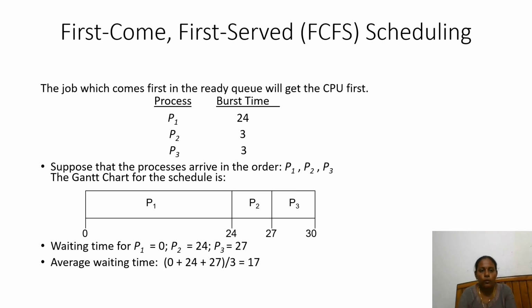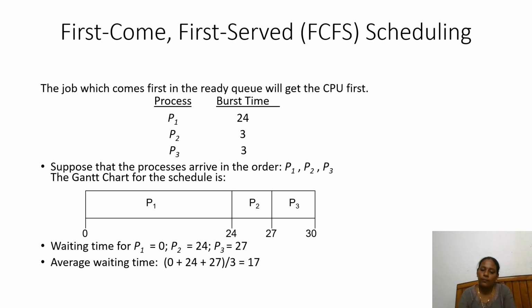Hi all. Now we are going to see first come first serve scheduling. Before that, we have seen a lot about CPU scheduling. In CPU scheduling, we can see the various types of scheduling which belong to CPU scheduling. First one, first come first serve scheduling, which means the job which comes first in the ready queue will get